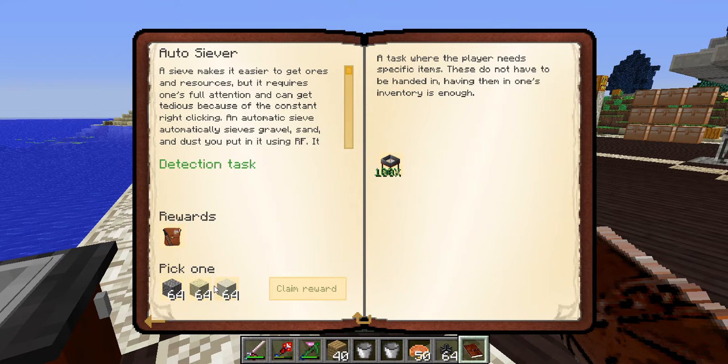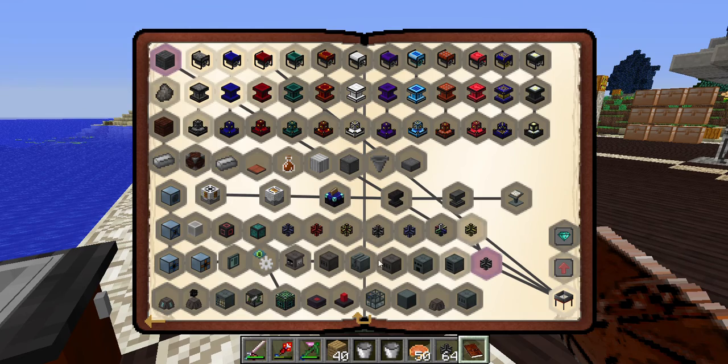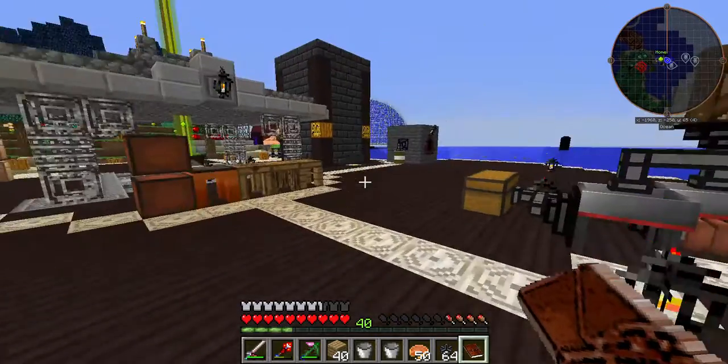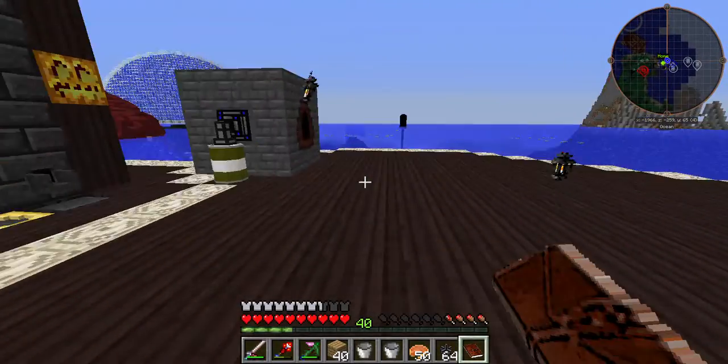And this is ready to go. I guess in consideration of where we're at, I'm going to set this up. I'm going to do dust, because I think I'm going to do all the dust I have and get it out of my drawer system. Coal coke, 0 of 64. I think I have 64 of those. Actually,